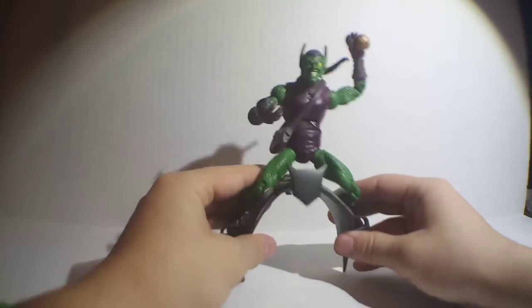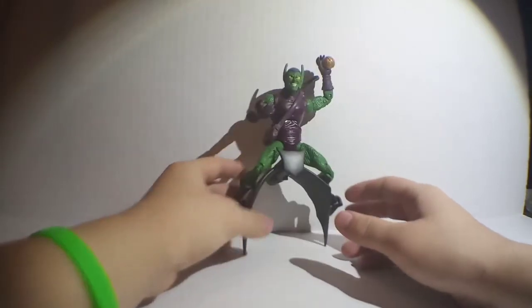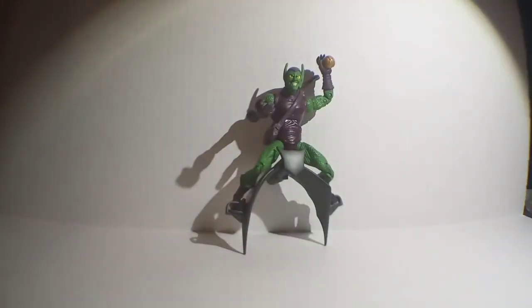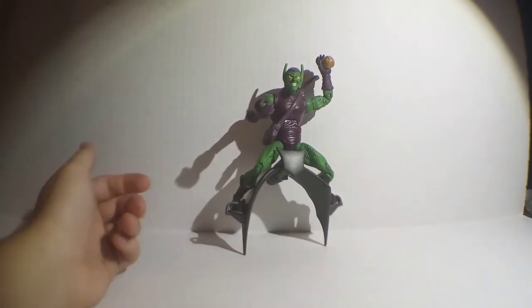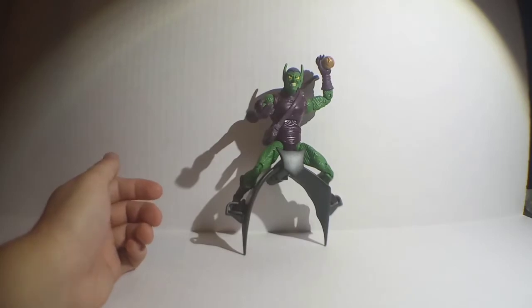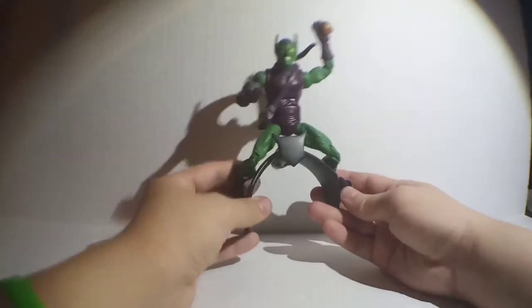But we're taking a look at a figure that also looks amazing, and that is the Marvel Legends Toy Biz Green Goblin from the Onslaught series. He looks straight out of the 90s cartoon, and I love the 90s cartoon, and this figure looks 100% like it. It's awesome looking. I got this, I think, at a yard sale, but either way, I ended up losing